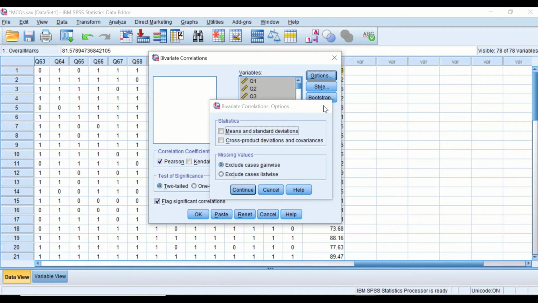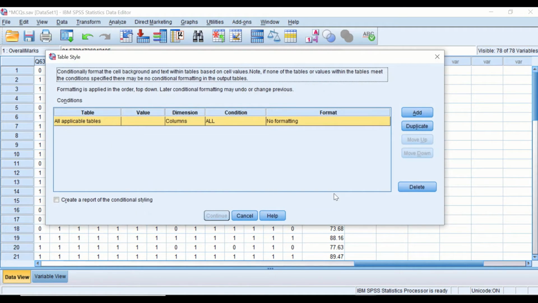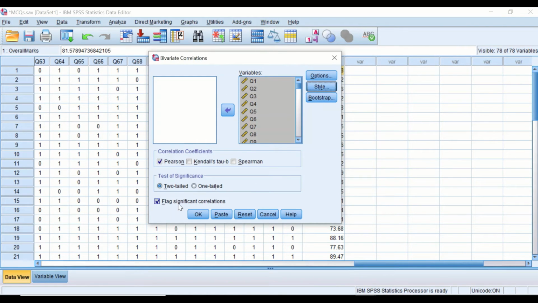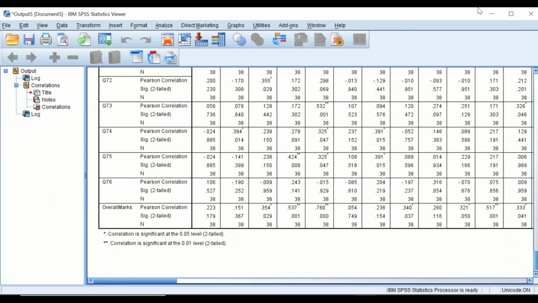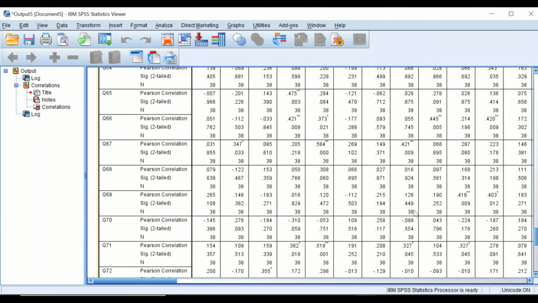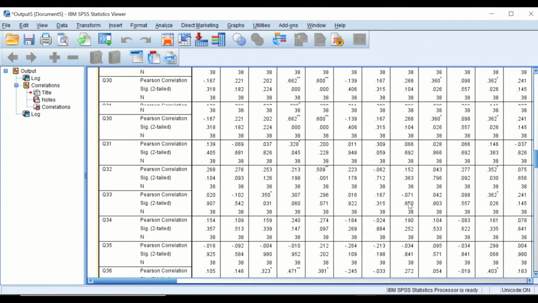And we're not going to change anything here, keep it as it is, but we make sure that we use the Pearson correlation coefficient test, as the Point-Biserial correlation coefficient is based on the Pearson correlation coefficient. If you click on OK, SPSS will generate a correlation matrix